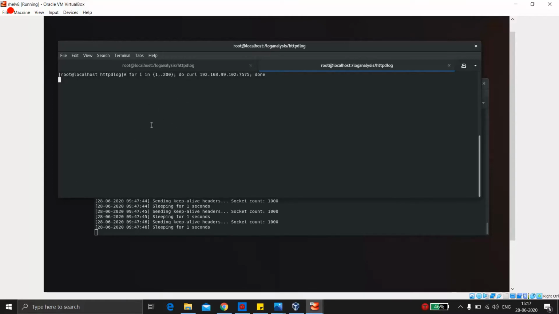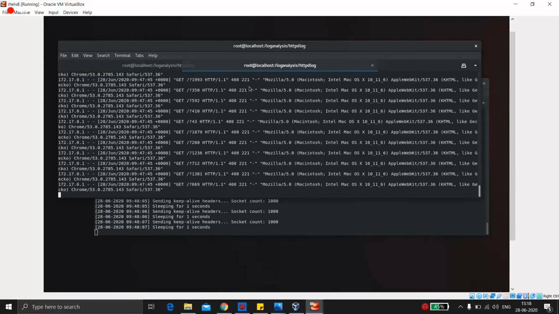This is the downtime which the client is facing. I think it's around 10 seconds right now. It's still going on. The client is not getting the website because it is under the DOS attack. Within a few seconds, you can see like 10 requests at a time. So this is not good. It is under attack and not able to serve the clients.